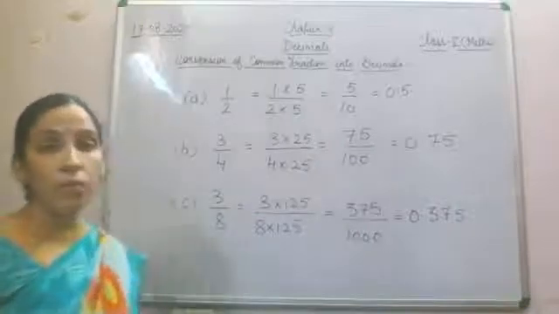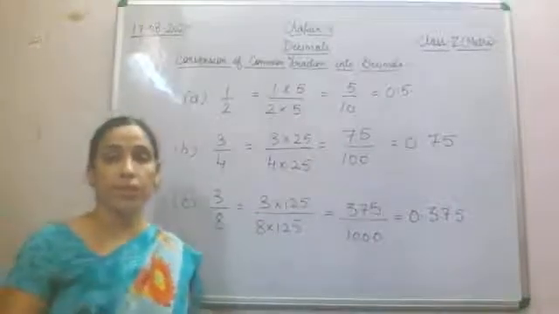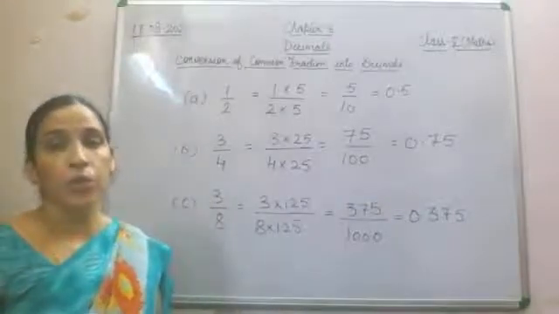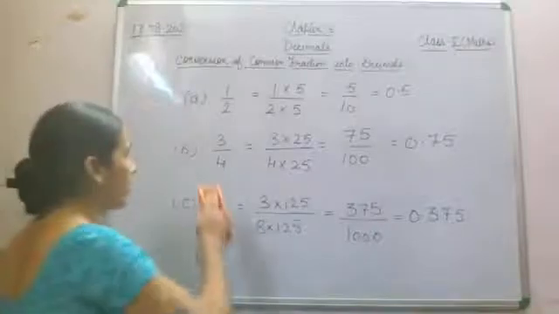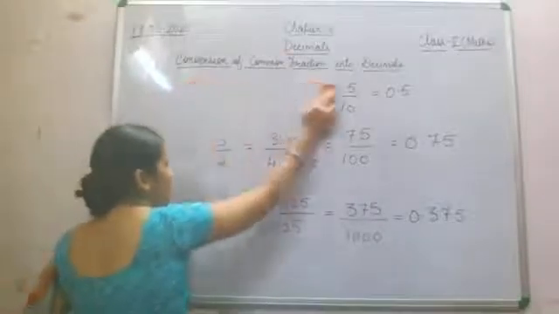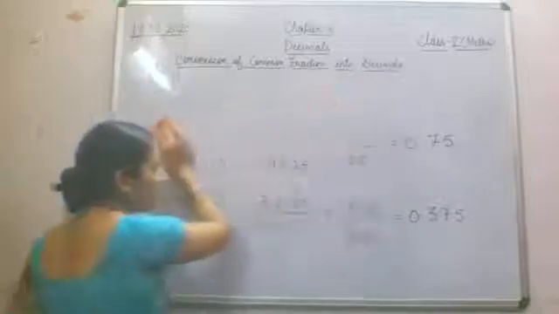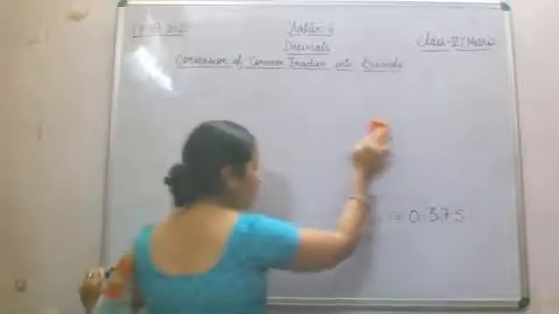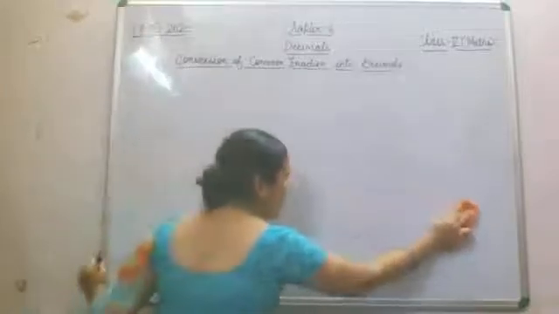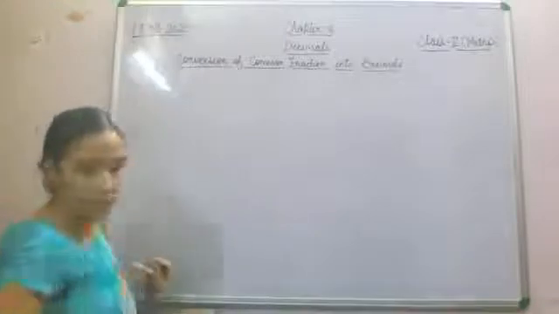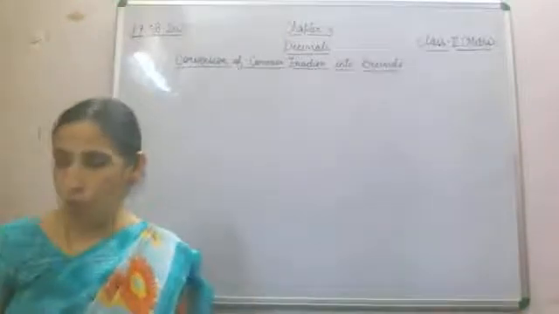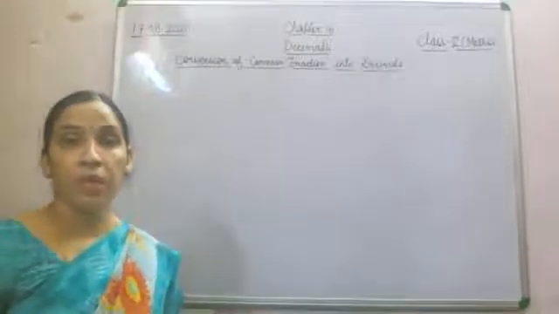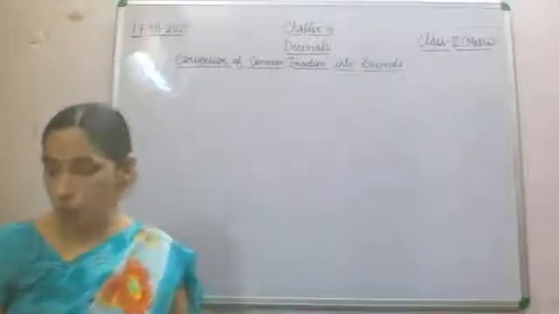Now the second method of changing a common fraction into decimal is the division method. You simply divide it and then you can find the answer. So we are not taking that method, but you can use that method also. If you find that method easy, then you can opt for that method also. That is simply the division method. So you can do the question with that method also. Now let's start exercise 6.4 and we'll do questions related to this concept only.